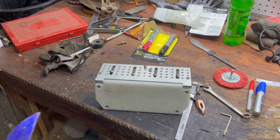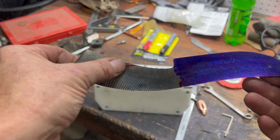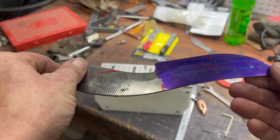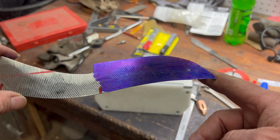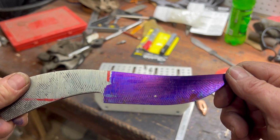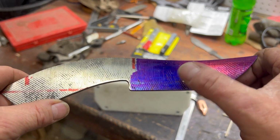Okay, we're back. So we got our ground fairly flat. Got a little wowie there, but I don't think that's gonna hurt us any. We can finish cleaning that up later. We got a few of those lines still showing. Not so much on this side where they might be later, but